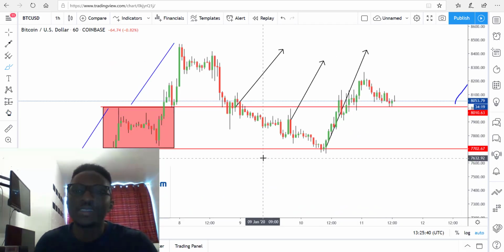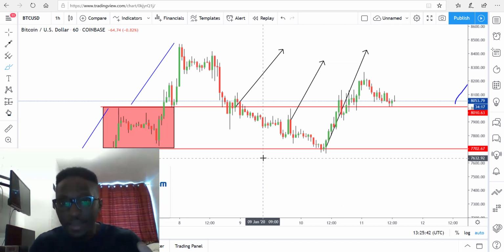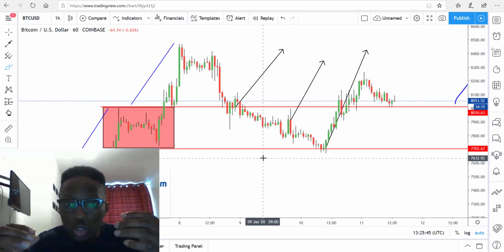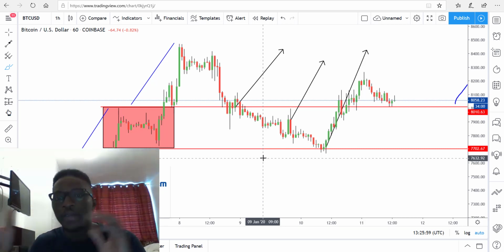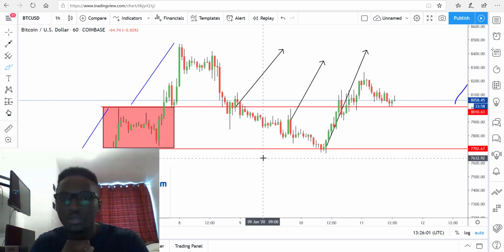So I'm not just saying this to you because the market doesn't know. I was in that mood. I saw every single move that the market was making there. I knew what the market was going to do. Even though I know the market is going to go up, I knew it wasn't ready to go up. So while trader 1 and trader 2 are there stressed out, wondering when this market is going to start going up,